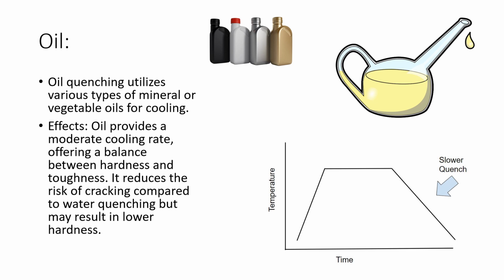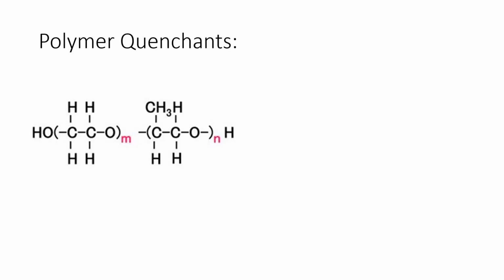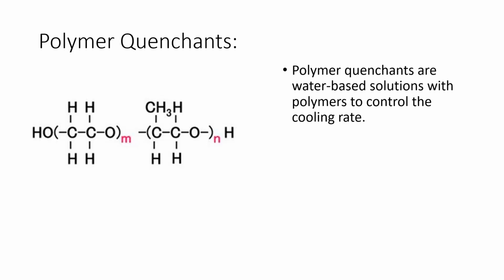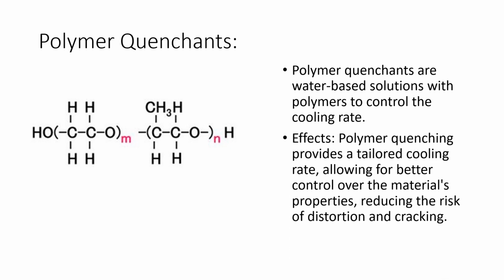So water quenching is going to give us a bigger chance of cracking happening. And oil is also going to result in lower hardness. So obviously, if we're using some kind of oil quenching, we're probably not looking for a super hard material. We're going to want hardness, but we're looking to balance that out with toughness and ductility. Polymer quenchants. When we're talking about polymer quenchants,